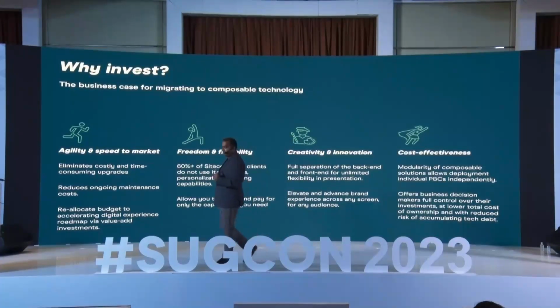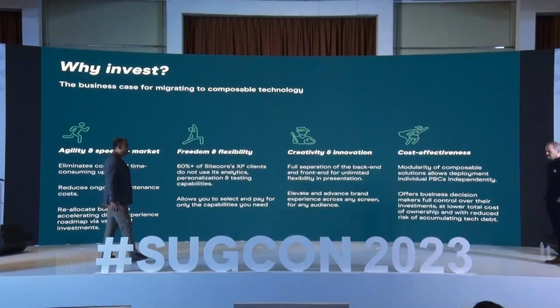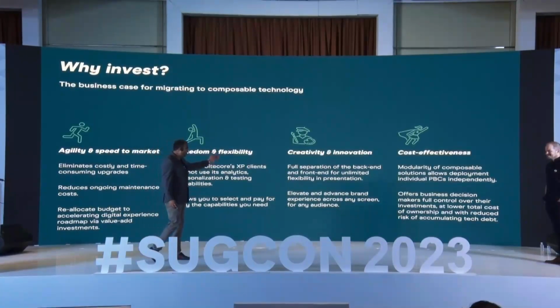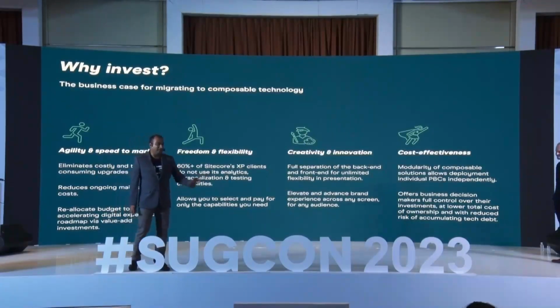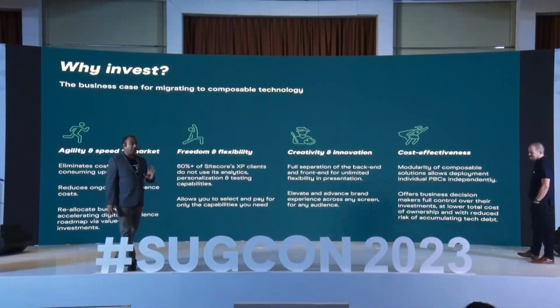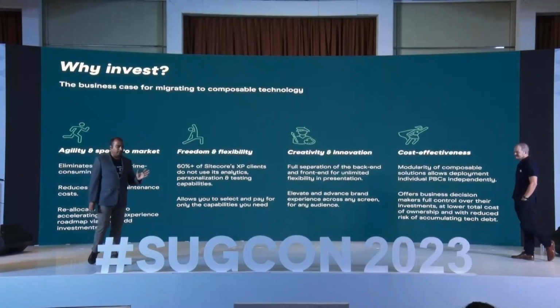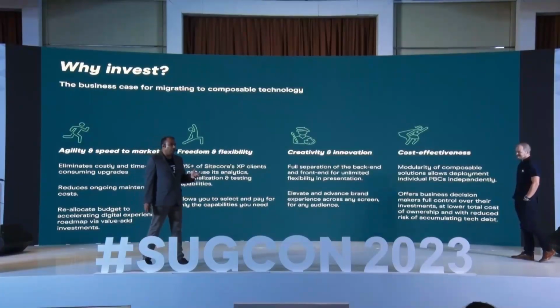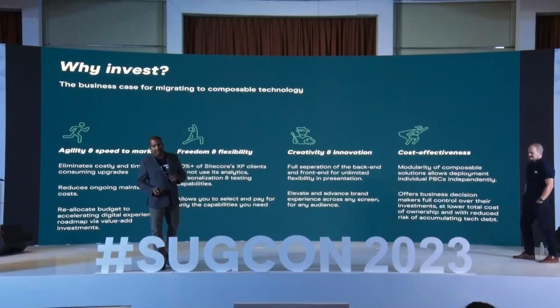And you can see some of these things for customers is the creative and innovation. I want to design T-shirts, use AI. Fantastic. Then cost effectiveness: I don't have a lot of money. I want something very quick. Oh, can you do something MVP and then I'll scale to the entire world? Agility and speed to market. And then freedom and flexibility. They don't want to touch something which will hold them back. And I think that is where it gets critical.